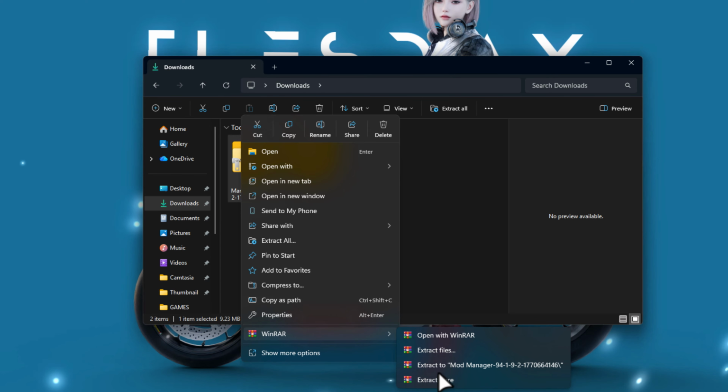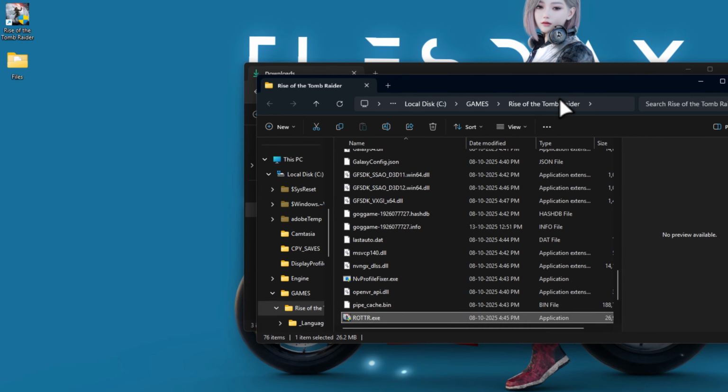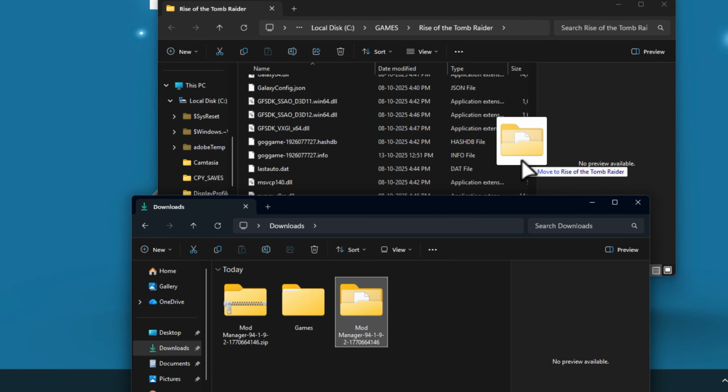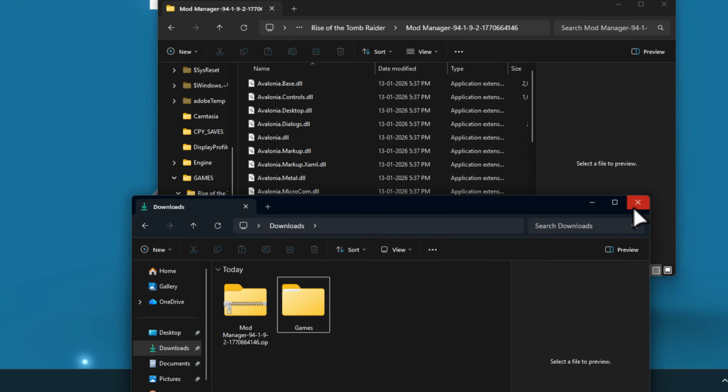Right click and select extract to. Right click on the game and select open file location. Drop this extracted folder inside the game. Now open the extracted folder,